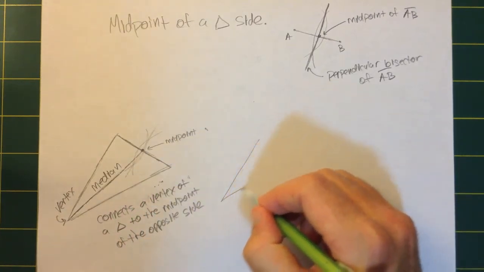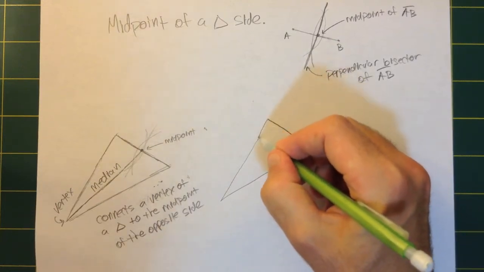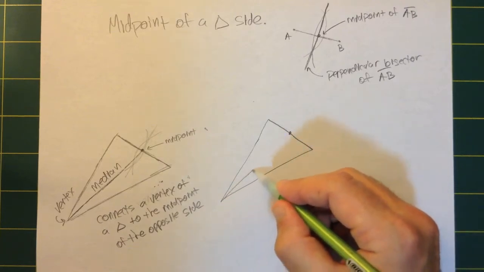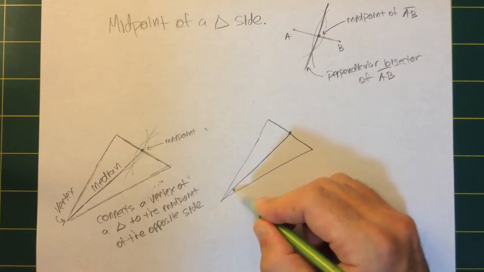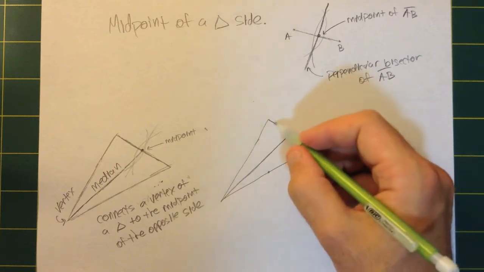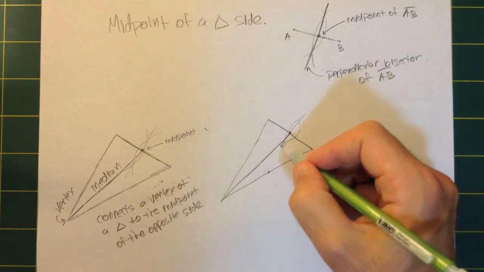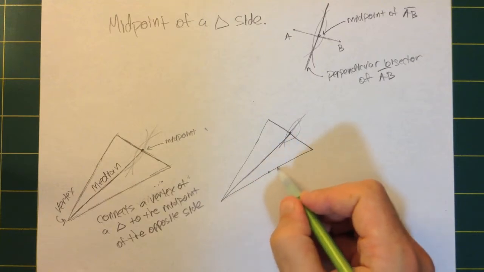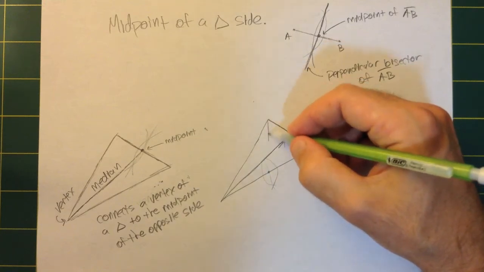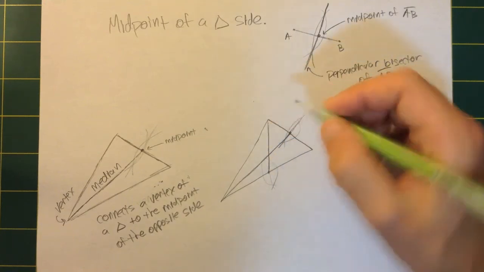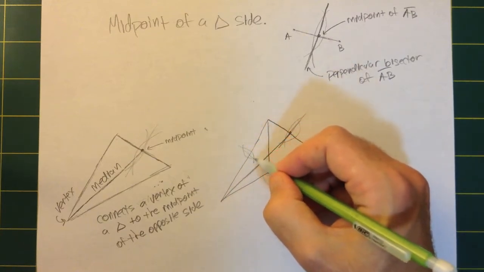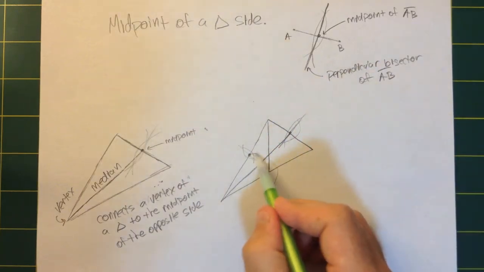So I could do that once and I could create one median. Or I could do it a couple times. I could find the midpoint of this side, connect the vertex, and put one median into the picture. Then I could find the midpoint of this side. That would be a different construction. So I would open up more than half, put my arc, connect it. Then I'd have to open up more than half on this side, put an arc, connect it, find this midpoint, put in this median. Then I would do it to this side, open up more than half, put an arc, flip it around, put an arc, connect this, find this midpoint, put in